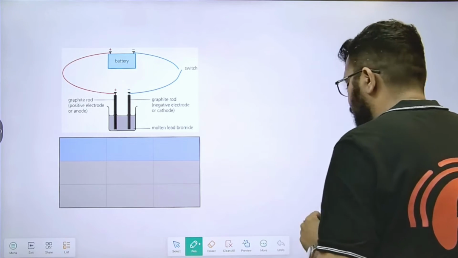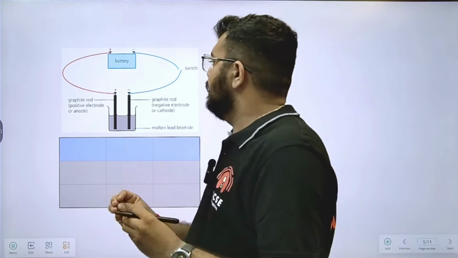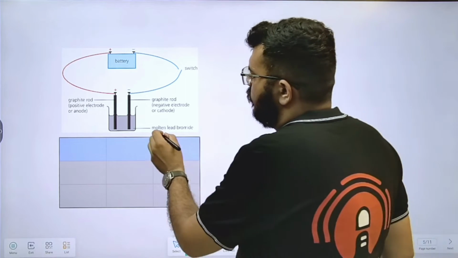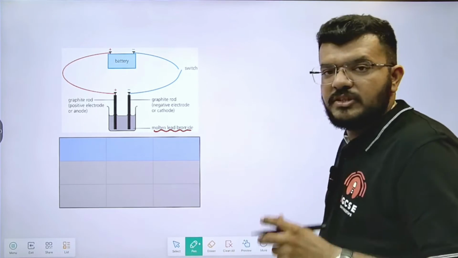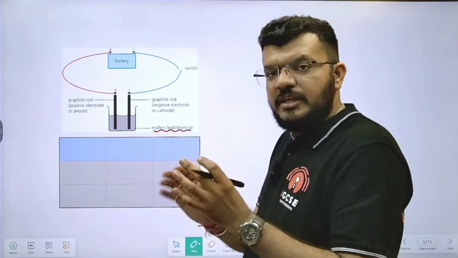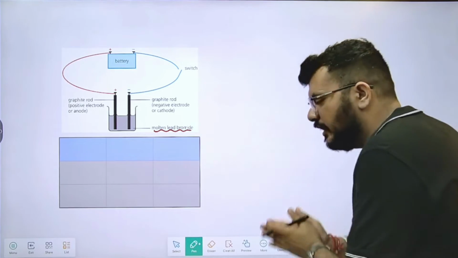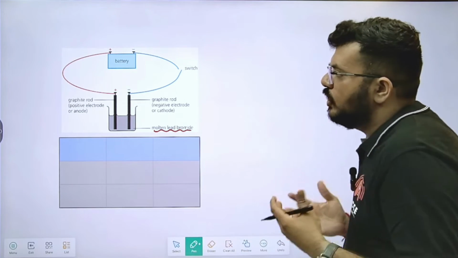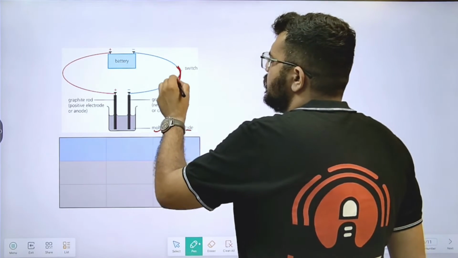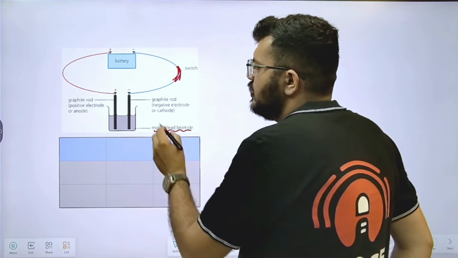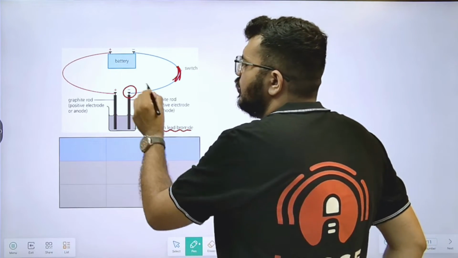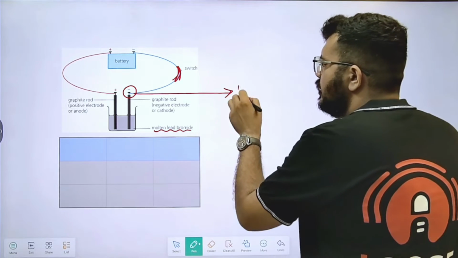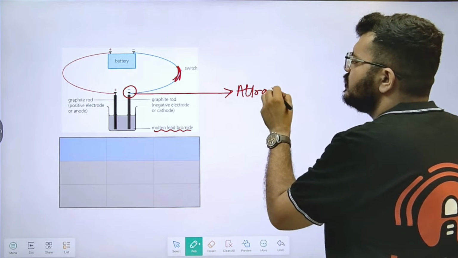Okay, so the next thing we start with simply, right, electrolysis of molten lead bromide. We just understood that it needs to be a molten or liquid ionic compound. So molten, right? Ionic compounds are generally solid. So when I close this switch here, what happens? This rod becomes negatively charged. This negatively charged rod, I'll say, attracts